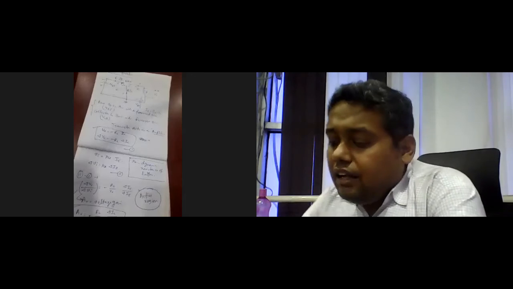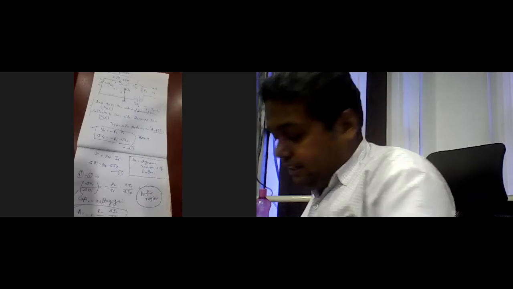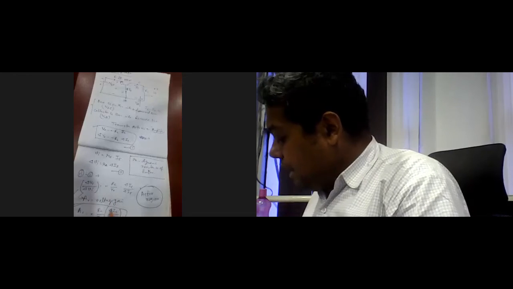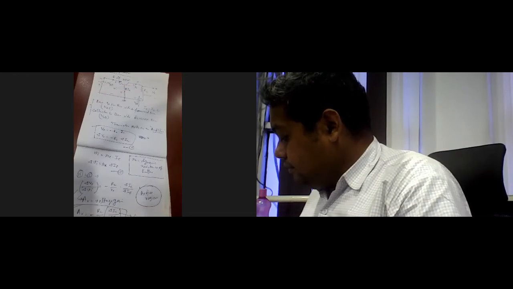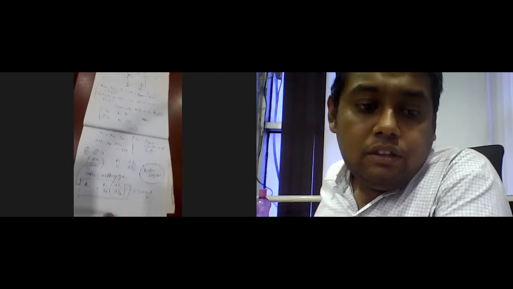Okay. So this is the basic discussion about the transistor characteristics. Now if we consider del IC by del IE, del IC means the output current and del IE the input current. Similarly, it is considered the current gain. Gain is nothing but the ratio of the output to the input. This is the current gain.